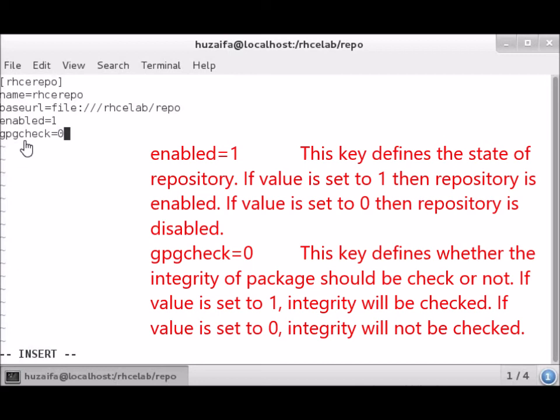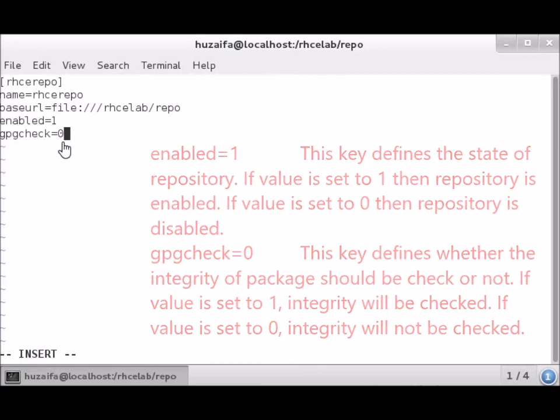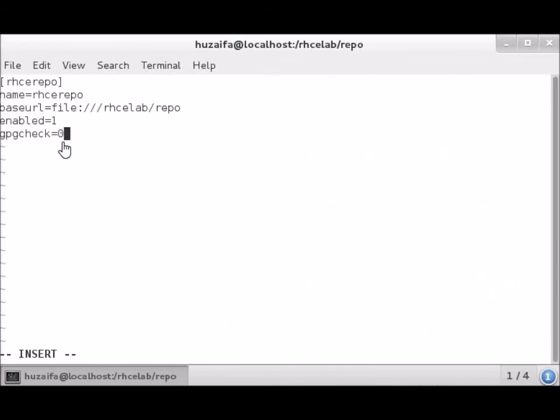This key defines whether the integrity of packages should be checked or not. If the value is set to 1, integrity will be checked. If the value is set to 0, integrity will not be checked. For the time being, I am setting it to 0. To keep hackers from intruding into your system, you can use gpgcheck equal to 1.